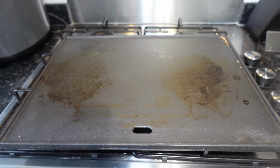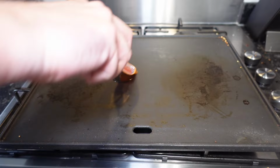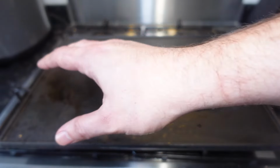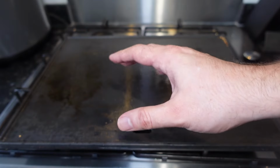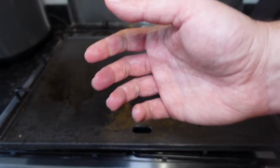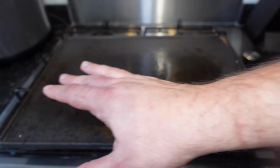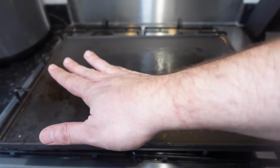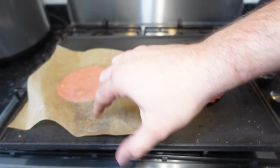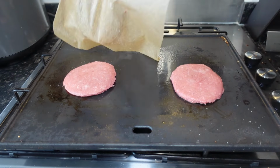Well, we've come this far, then back to my griddle. I'm just going to pop on a bit of corn oil, and I'm just turning the heat down to pretty much as low as it will go, because usually I'll cook burgers on a sort of medium-high heat to get some nice colour on them. But those Big Mac burgers do not have a lot of colour to them, so I'm going to cook them slow to not get as much texturization on them. So on with one, on with two,